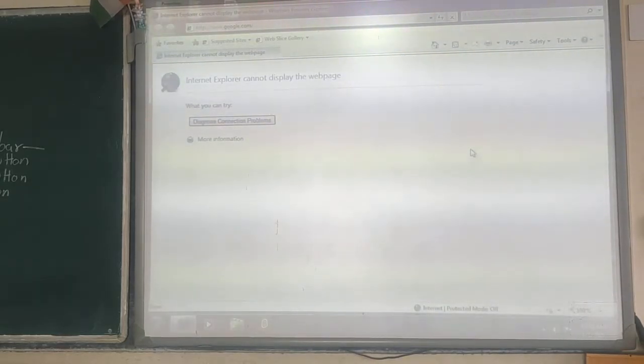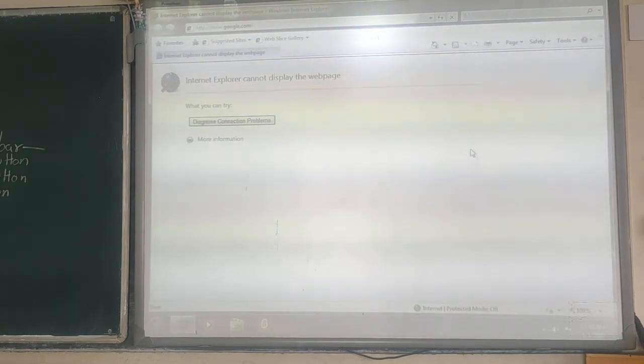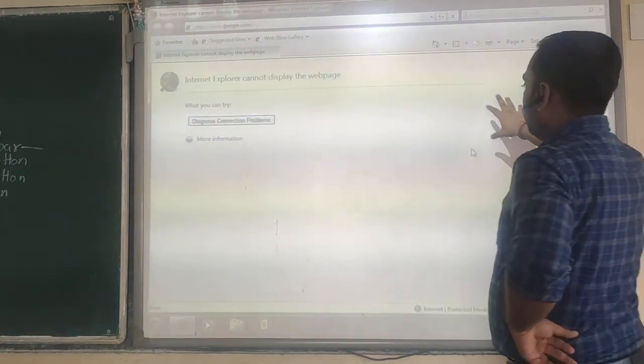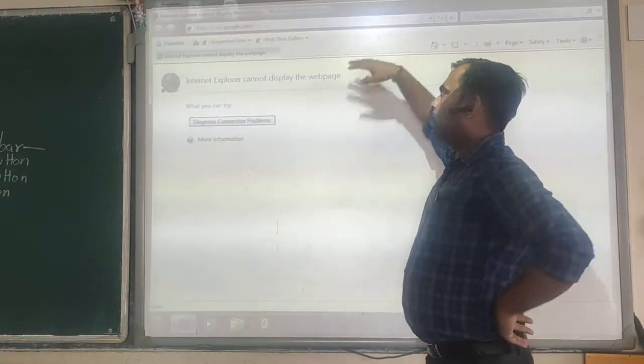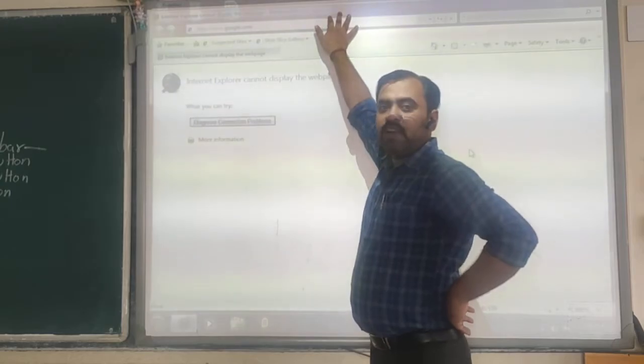Now we will discuss the different buttons and components of the Internet Explorer window. First of all, the topmost part is known as the title bar.